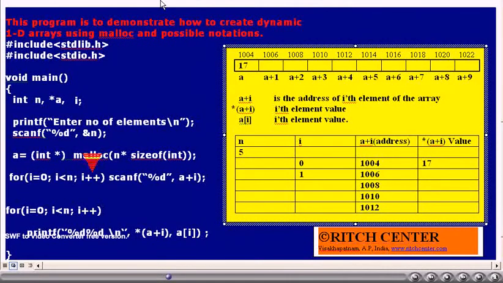I value will be incremented by 1. Is I less than n? Yes. This time we assume that the user has entered 31. So that 31 will be stored in the memory location 1006. What is that? It is the address of the second element of the array. So we are assigning 31 to the second element of that array.